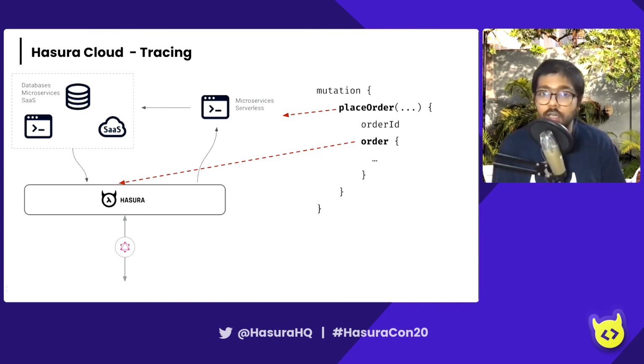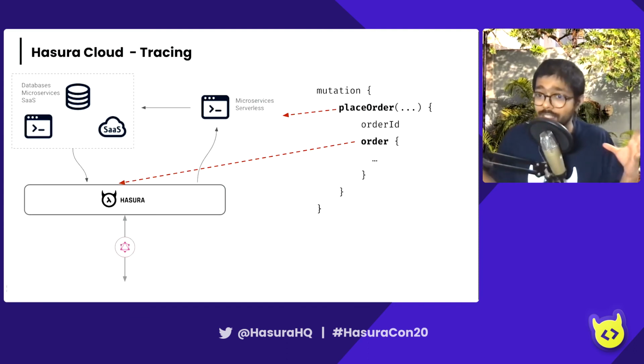Your action itself might do something else with another service, right? In the example that we did last week, the action goes and updates a logistics or shipping service. And then the action returns an order ID. What Hasura can do is enrich that order ID and connect it back to the order object, which is there in your graph, right? So many things are happening in order to make this easy and fast. But if you think about it,